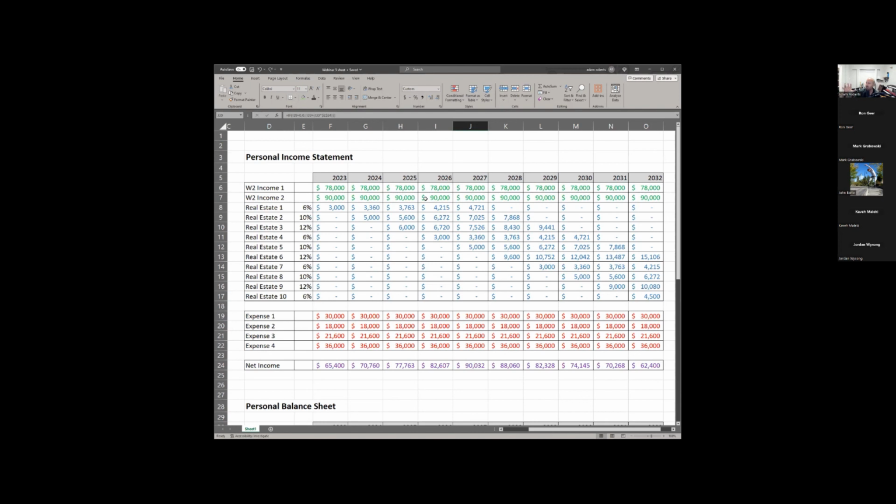So let me know if you want the sheet. I'll happily send it out, right? I can blank all these numbers out and you can mess around with it as much as you want. To me, it's very fundamental. I'm going to plug in one real estate investment per year. Even if I feel like I've got enough capital to do multiple, you just start simple. You start conservatively.